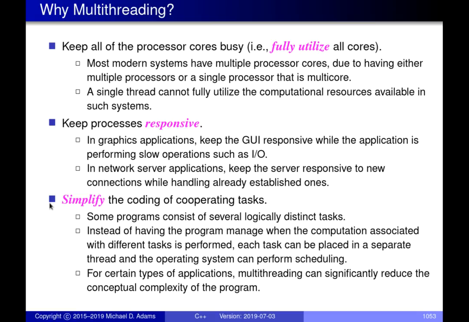So for certain types of applications that have a structure where you have a bunch of tasks that you want scheduled, it might make a lot of sense in those situations to use a multi-threaded application, and perhaps it might actually simplify the code somewhat as well. Anyway, this just gives some examples of why you might want to have multi-threaded applications, but arguably the first one is probably the most important.